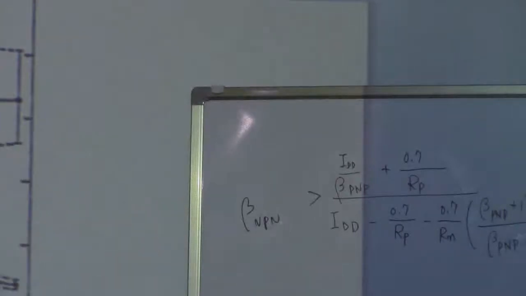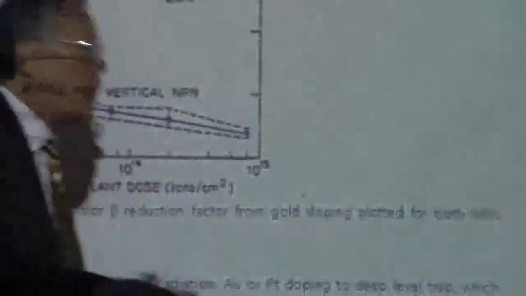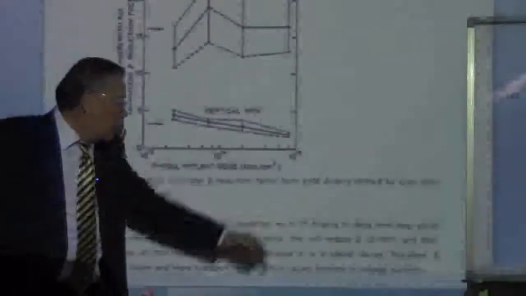That's what we are going to do. So that's why we want to kill the lifetime, and the way to reduce the lifetime is damage, which is obviously going to reduce the lifetime of the minority carriers, because this damage can work as a trap center, recombination center. So damage will be caused by neutron irradiation,